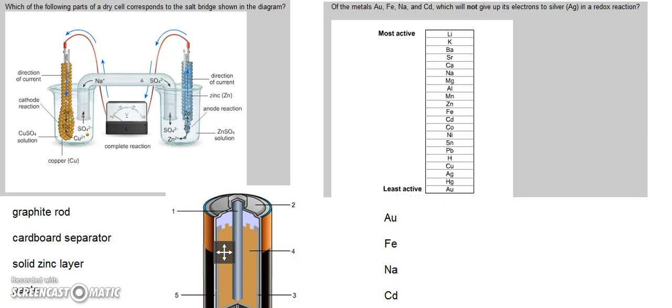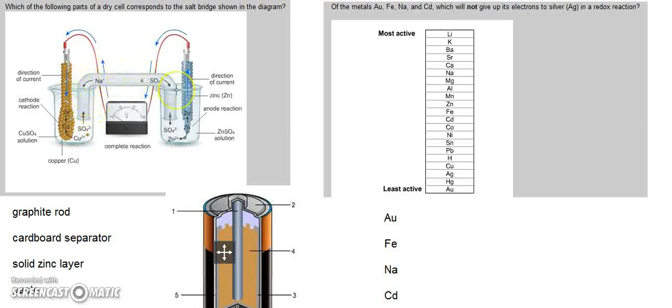The hardest question on the test is right here. Which of the following parts of a dry cell corresponds to the salt bridge shown in the diagram? And then you're given this diagram right here. So the first thing you have to know is what the salt bridge is, and hopefully you know this is the salt bridge right here with the Na and SO4. And now it's asking you what part of the dry cell has the same function as the salt bridge